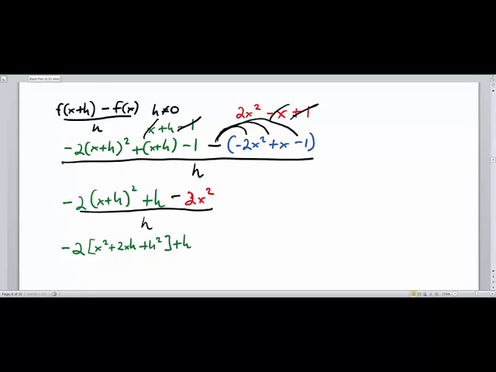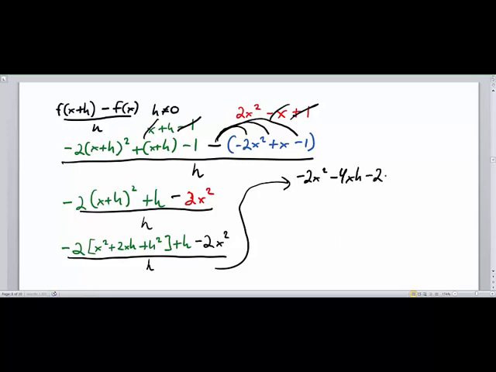Instead of busting out the red pen, I'm just going to blend this in with the black. I'm going to distribute this negative 2, and I'll switch all of it to black. So what we have is negative 2x squared minus 4xh minus 2h squared plus h,